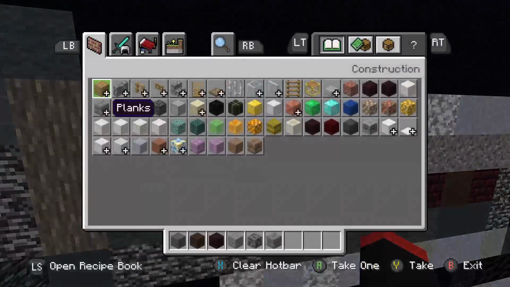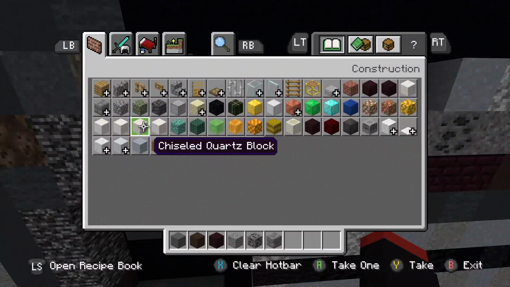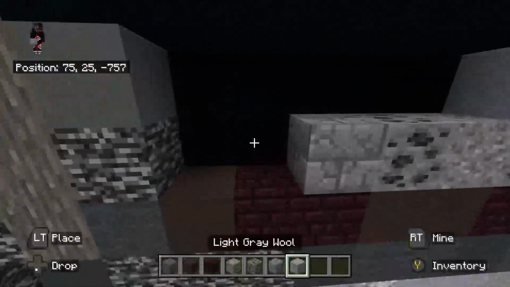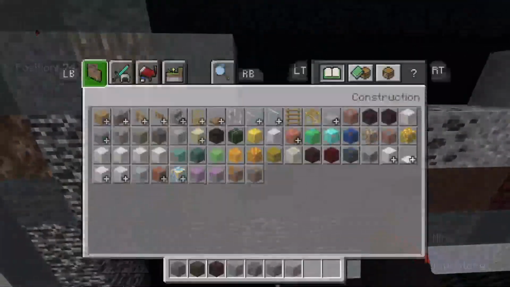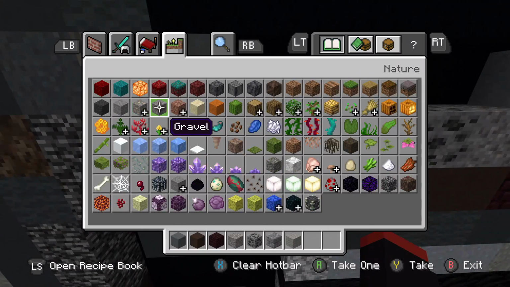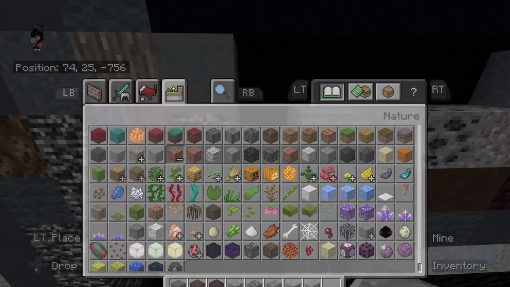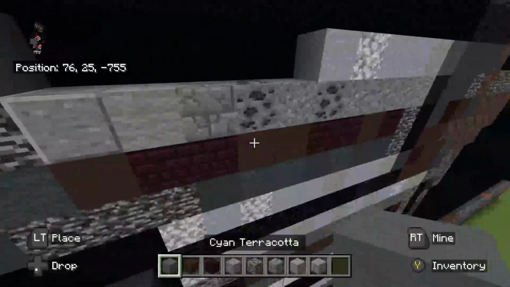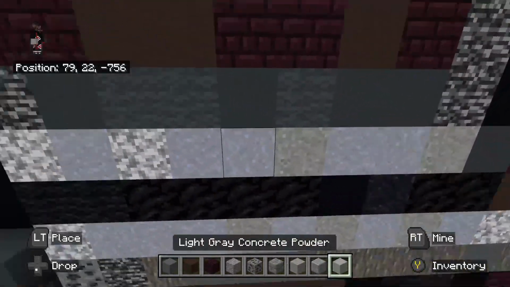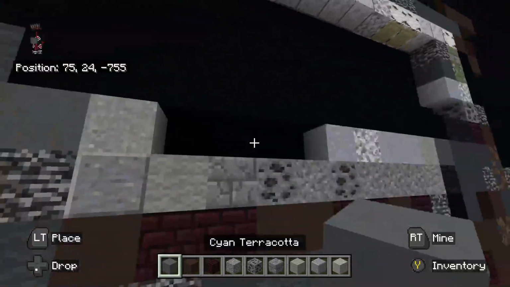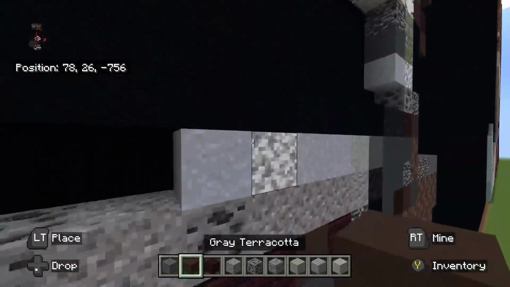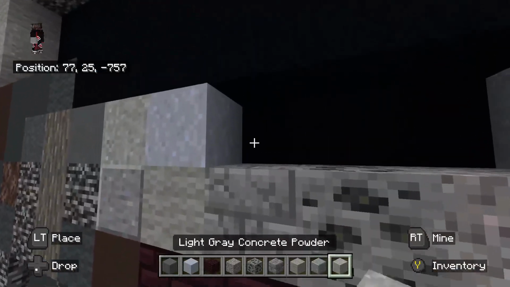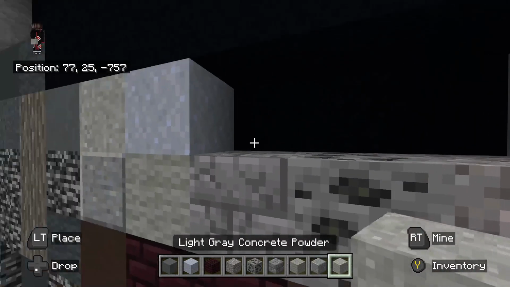And then to the left of the cracked stone bricks, we are going to place this light gray wool. To the left of the light gray wool, we are going to place polished andesite. And then on top of the polished andesite, we're going to place this light gray concrete powder. To the right of the light gray concrete powder, we're going to place this clay block. To the right of the clay block, we'll place this light gray concrete powder to the right 3: 1, 2, 3,